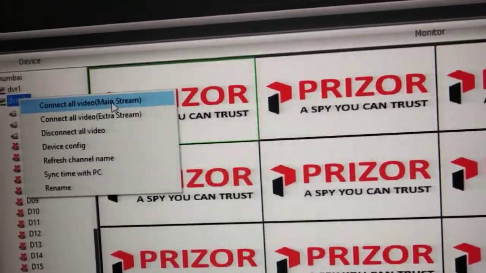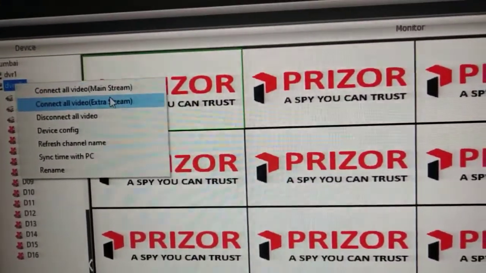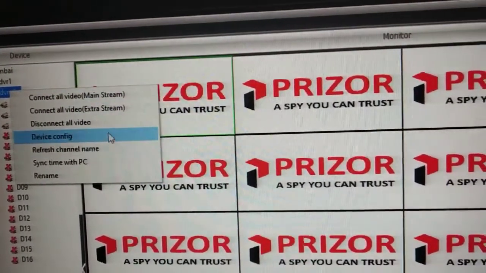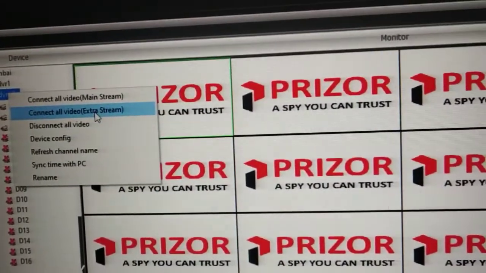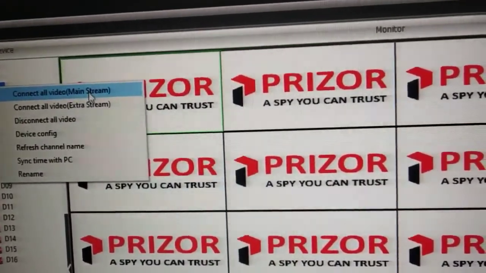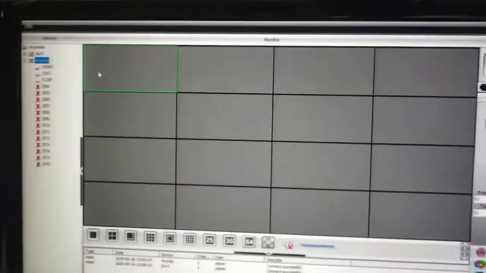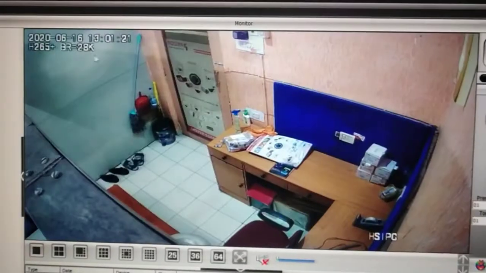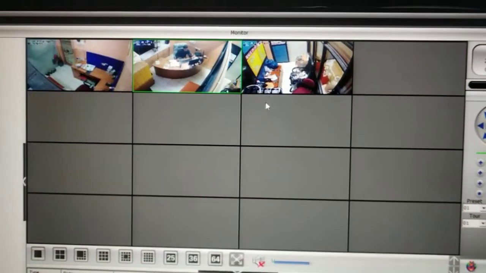So if you select main stream, your camera sometimes disconnects, sometimes showing some error. So if your internet speed is very good, you can select mainstream, otherwise select extra stream. Extra stream takes very little bandwidth, so you can easily view all your cameras.